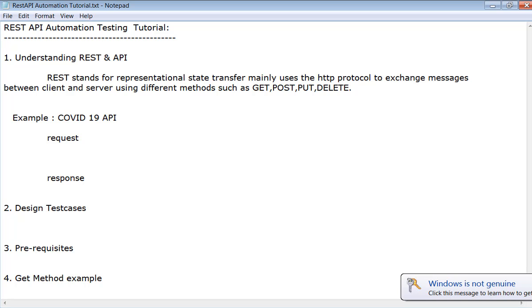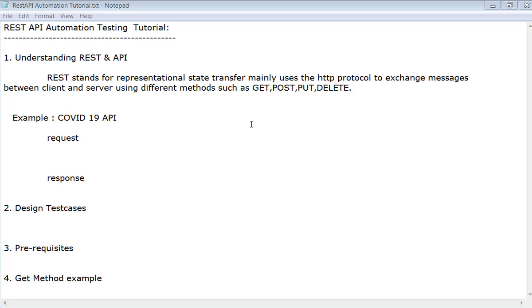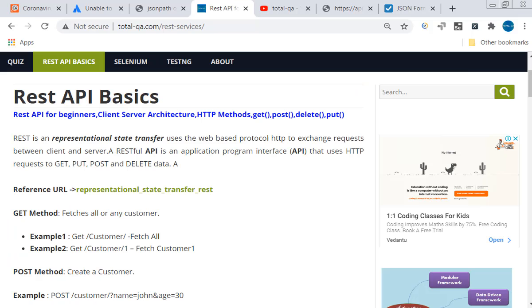Okay, so before we move on, let's try to understand a request. How the request is framed, what is the content of the request we need to provide, and what the response, the response body and response headers are. We will try to understand using an example. We selected the COVID-19 API, which is available online. Anyone can access this API and try to understand the request, response, request headers, response headers. All this information is available online. Let me access the COVID-19 API.